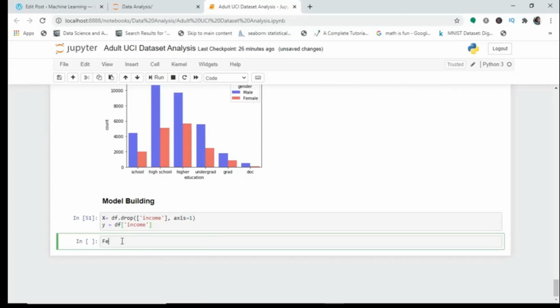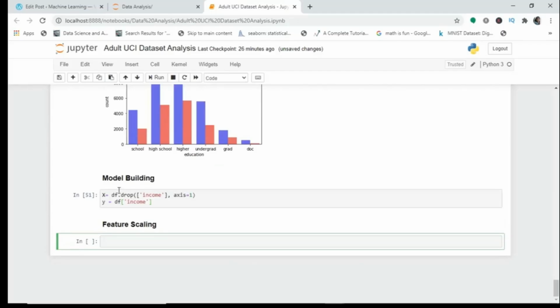Now you come on to some feature scaling. You have to scale the data because you have to make sure that each and every value is of the same magnitude, and none of the features are given more importance. So what I do is I will import a package from sklearn.preprocessing. What you do is import StandardScaler. I'm using StandardScaler,